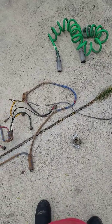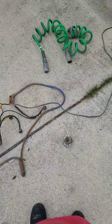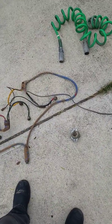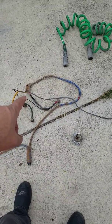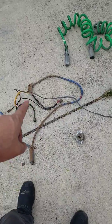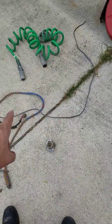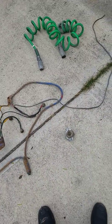All right. We're going to talk about a repair we had the other day. And here are some of the parts that were removed. If you noticed over there, we got some custom engineering going on. You see that gray wire right there going that way. So let me give you the backstory. The backstory is this: